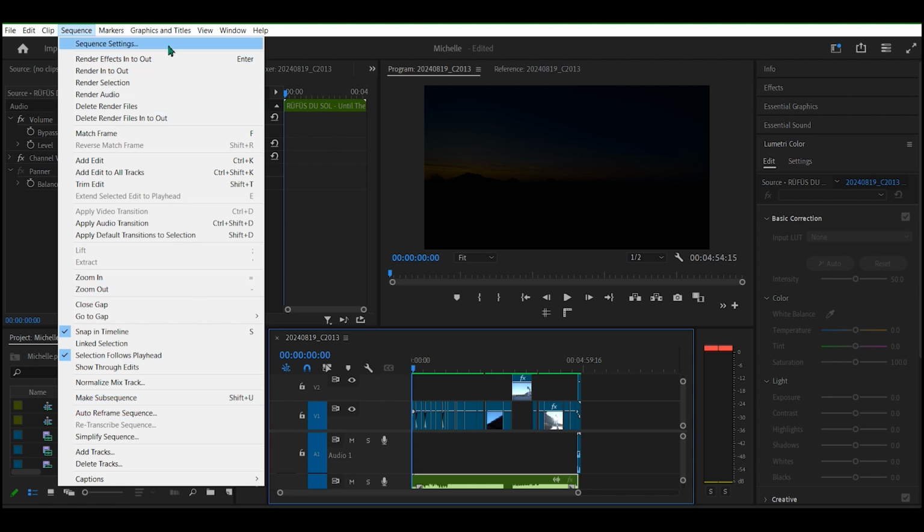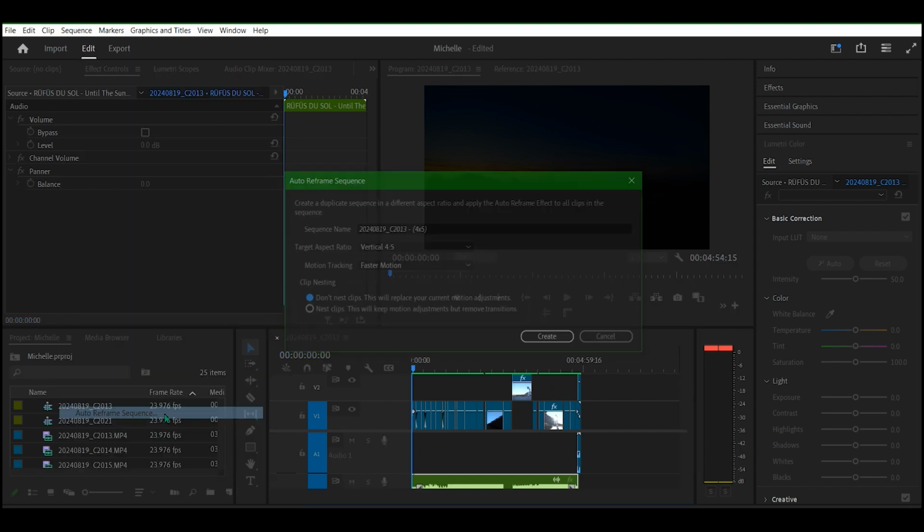Like if it's going to be a gimbal, this is very important to remember. If it's going to be someone with a gimbal and a dancer, so you have two moving objects, you're going to have to manually do it, because you could do auto reframe sequence, but depending on how you've filmed the entire thing, it could lose focus on the subject, and then it always shifts back to center. So if you guys want to see,